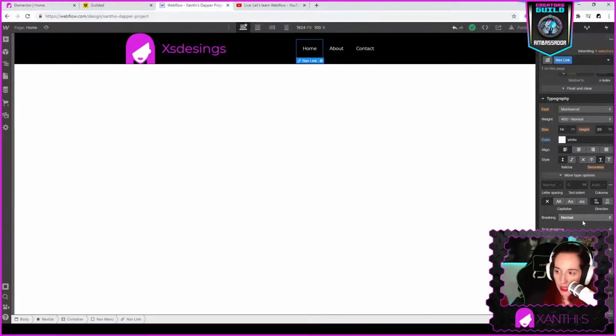What I presume here is that the breaking is for mobile, or if the screen changes, how the wording is adjusted. Normal, no wrap, pre-wrap, pre-line, break spaces, which I don't exactly know how each will behave, but okay.